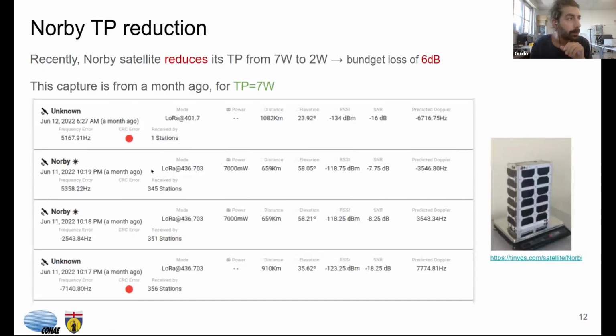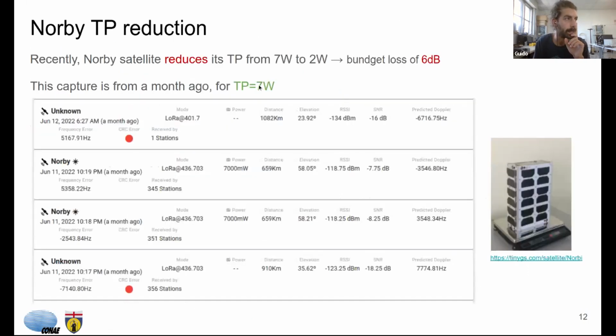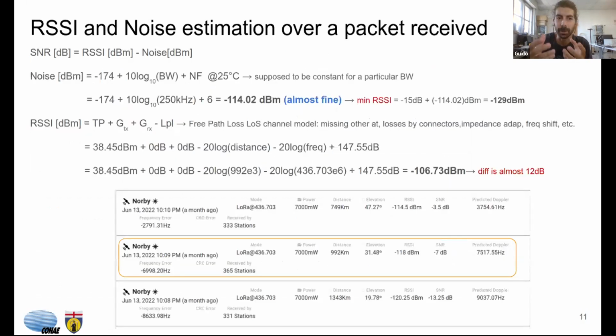What happened with the Norby satellite? Recently, Norby reduced the transmit power from 7 watts to 2 watts. As you can see in the link budget, I was using 38.45 dBm. Now it's been reduced to a little bit more than 30 dBm. But the budget loss is 6 dB, and those 6 dB mean that I'm no longer able to receive any more